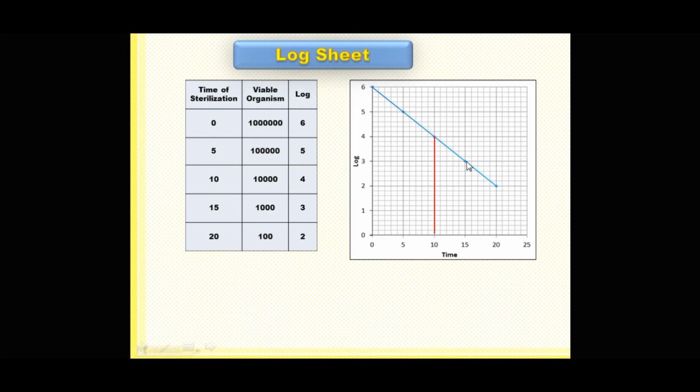When do we get the 3 log? It is at 15 minutes. So this is the time required to reduce 4 log to 3 log, meaning 1 log reduction. So the D-value is the difference between this and this, that is 5 minutes. So for the given example, D121 is 5 minutes.